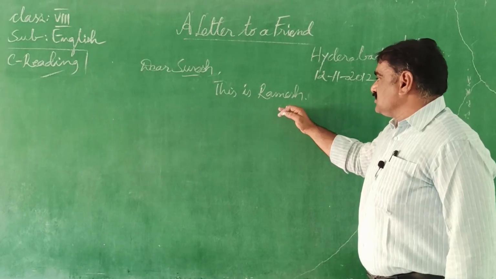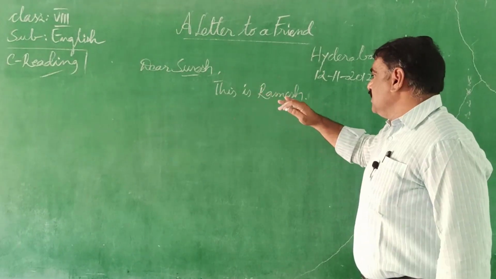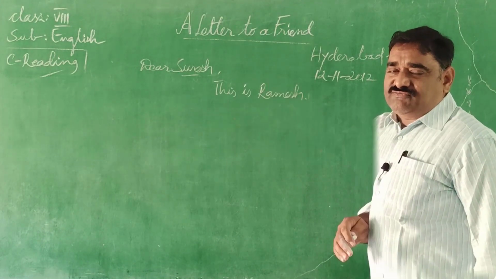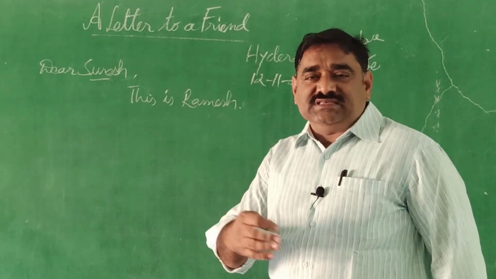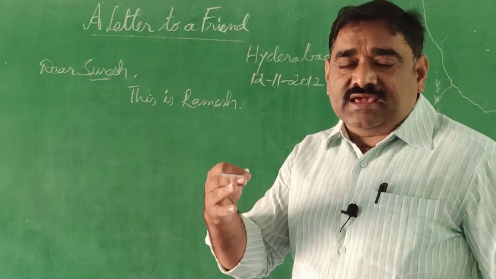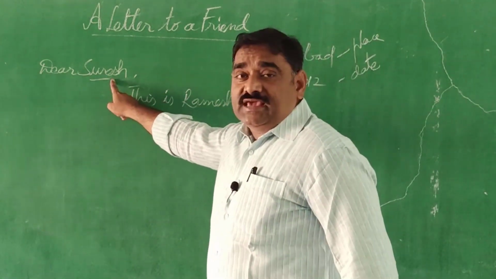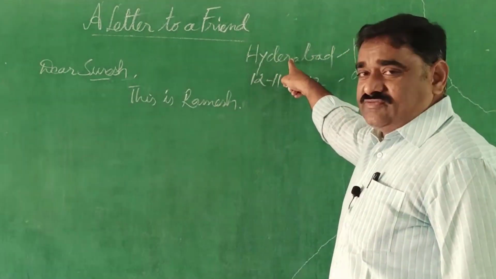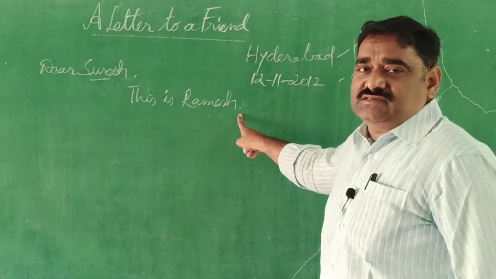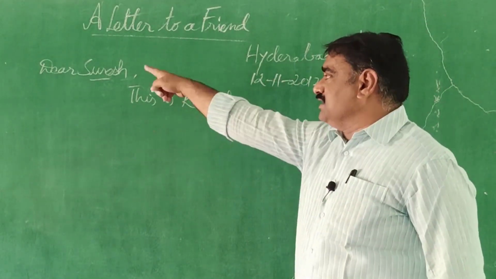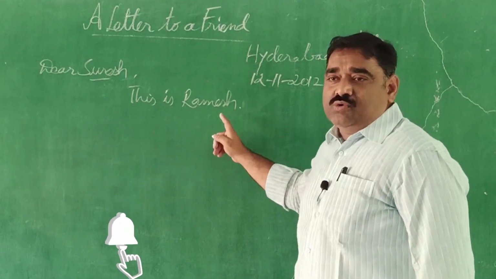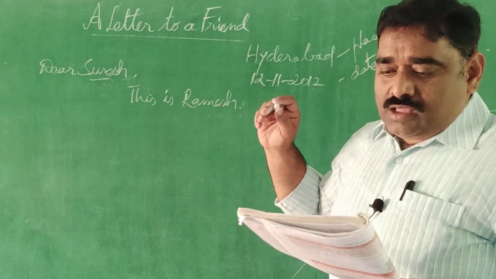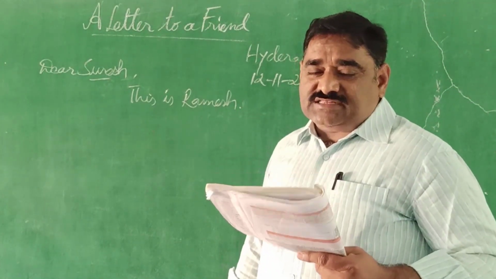So as Ramesh was not able to meet his friend Suresh, Ramesh wrote a letter. Ramesh wanted to apologize to his friend Suresh. Apologize in the sense of expressing sorry for not meeting his friend during his visit to Hyderabad last week. Suresh came to Hyderabad last week. He wanted to meet his friend Ramesh, whereas Ramesh was not able to meet him because he had some urgent work in his office. Do you understand now?